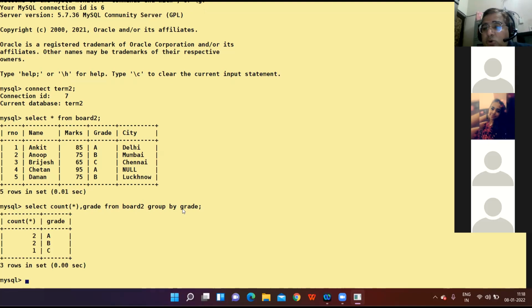Total there are 2 students having grade A. Total there are 2 students having grade B, and there is only 1 child with the grade C. Why is counting coming first and grade coming in the second column? Because we have given the order in that way.